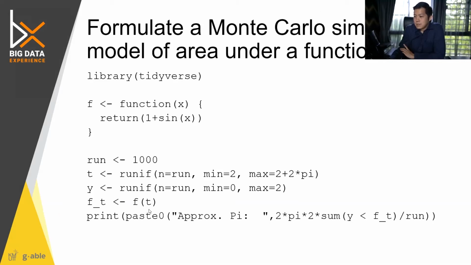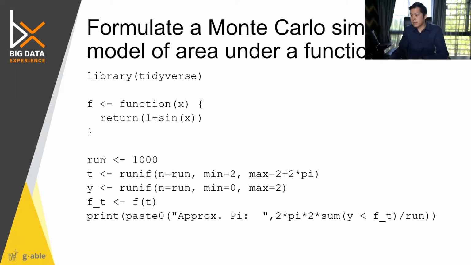Right, so this is the comparison. If y is less than ft, that means it's under the line. We'll count it, right? We'll count it, and then divide it by the number of run, and multiply by the 2 pi times 2, right? Why doing that? Because if we now go back to this one,